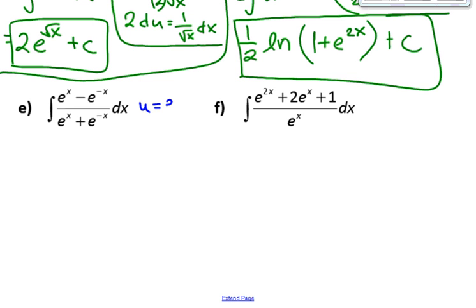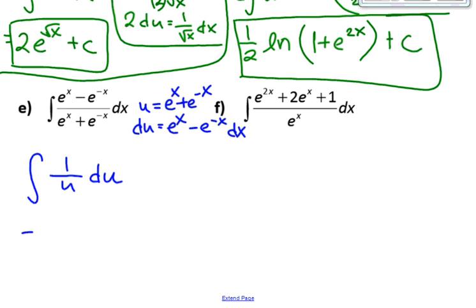So u, we want to be the denominator here. And typically that is the case, not with everything, but with a lot of things, u is going to be some form of the denominator. All right, so u is e to the x plus e to the negative x, and then du is e to the x plus e to the negative x times a negative. So that's going to be minus e to the negative x, which you see we have sitting there in the numerator. So that should be dx, so this will become 1 over u du,